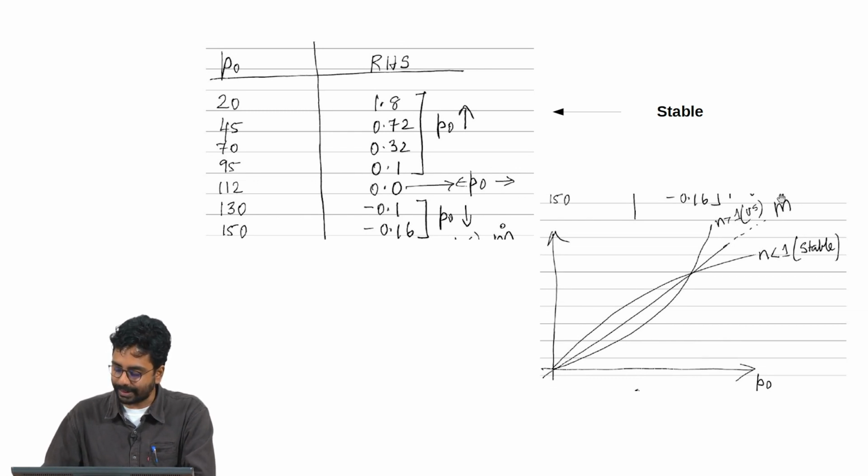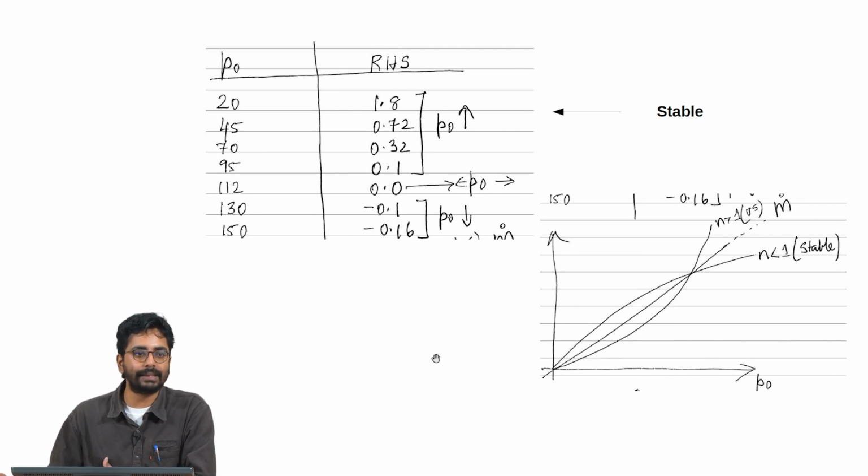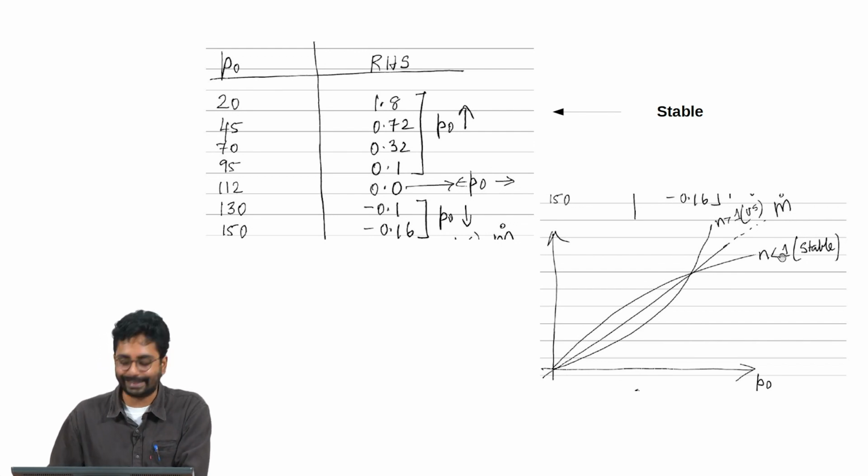It is a straight line, which is m dot out, and the other two curves are the mass generation rate, which is because of the combustion of the propellant. The mass generation rate because of combustion of the propellant goes as rho Ab r dot, and r dot itself goes as a P raised to n. So, when n is less than 1, that means the burn rate pressure index of the propellant is less than 1, the mass generation rate will change like this.